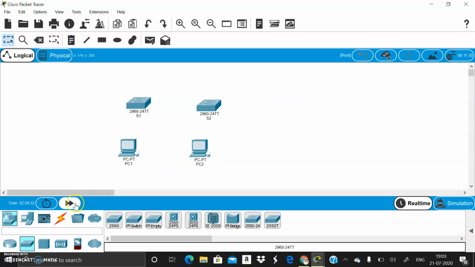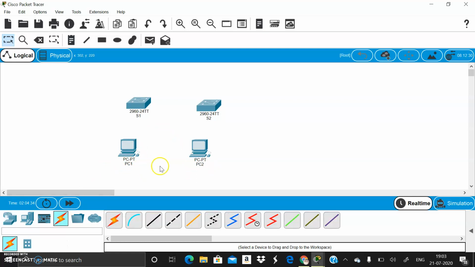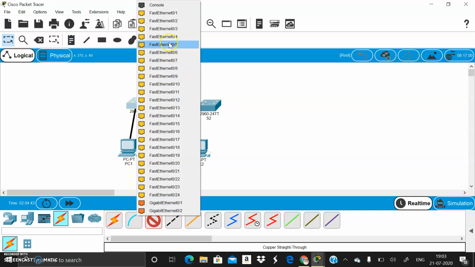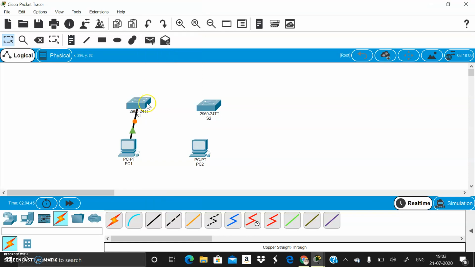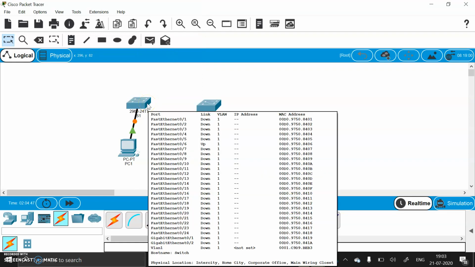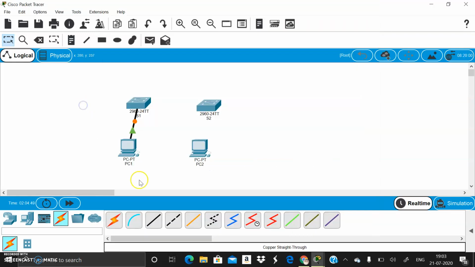So let's connect. First we will take a console cable. I am connecting the PC to the switch. Next I am connecting the two switches. For that I have to select a cable.